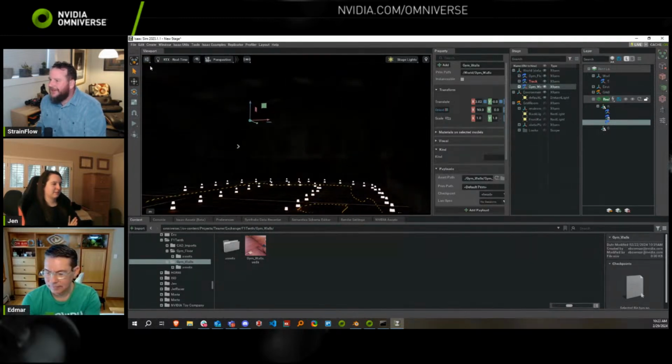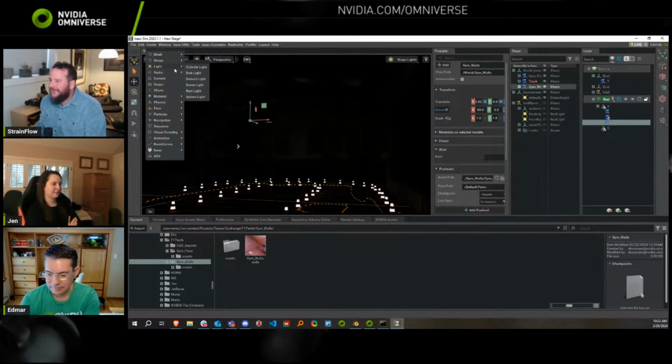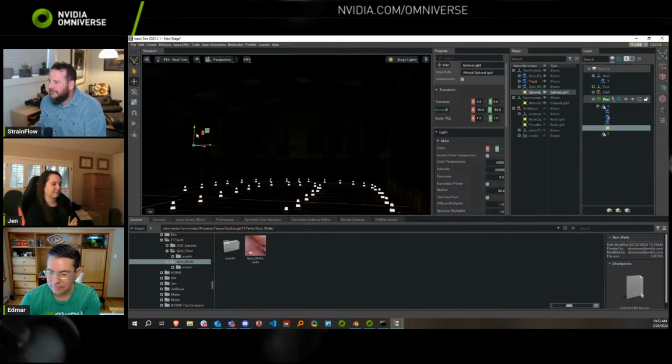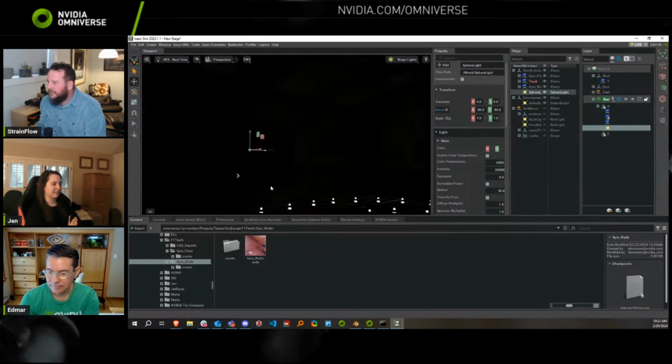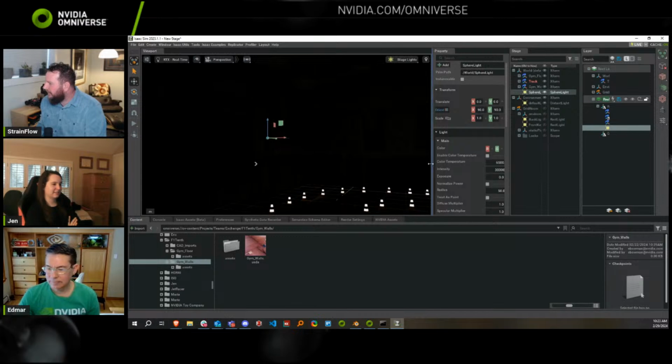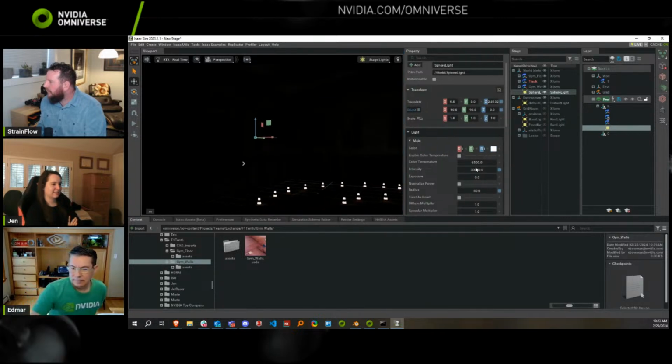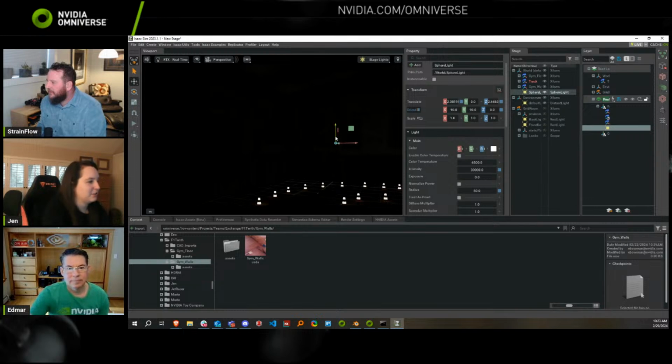I'm just going to add a dome light, or a spherical light, and just ramp up that intensity. Is that the problem right now? Why isn't it shining at all? Can you change the exposure level? And then, yeah, increase the radius.